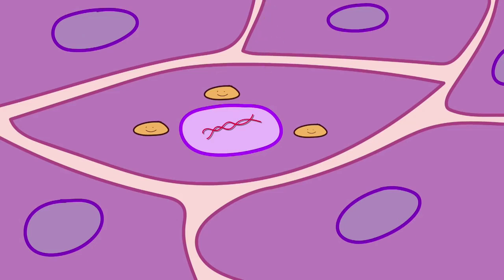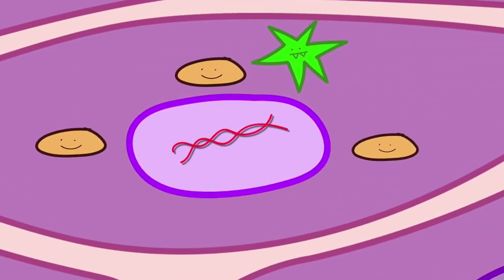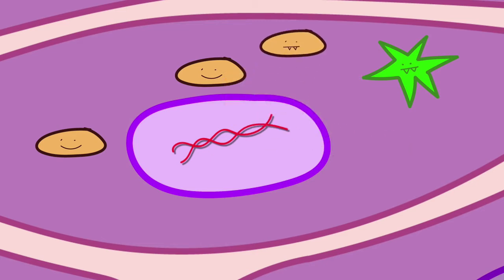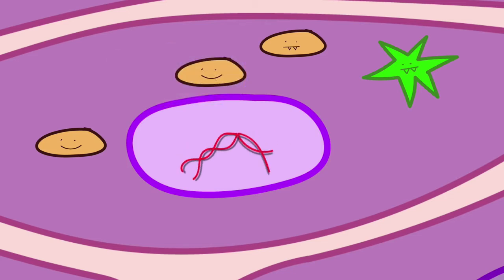The radiation can make your cells produce these harmful molecules called free radicals. Now, this is a little bit complicated, but essentially, the free radicals excite an electron in your melanin. I'm excited! The melanin then bumps into your DNA and excites an electron there. I'm excited too! Which can cause the DNA to kink. Regardless of how it happens, once your cells are damaged, they start producing warning molecules, signaling that something bad is